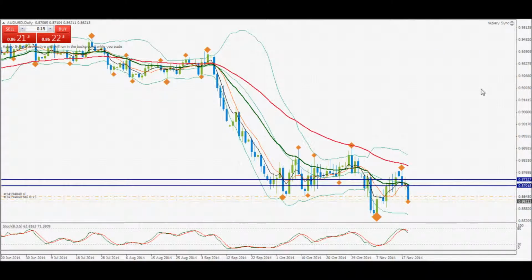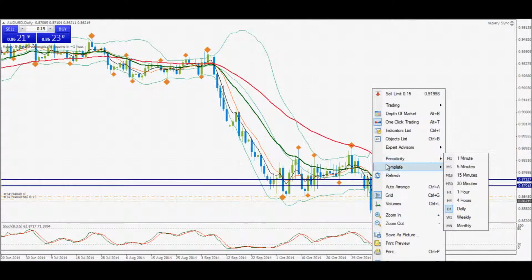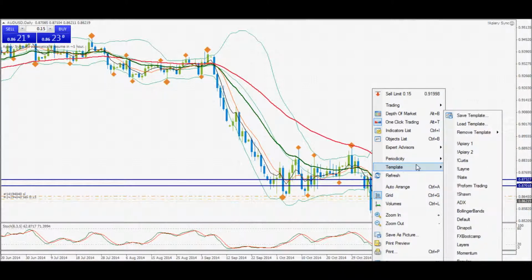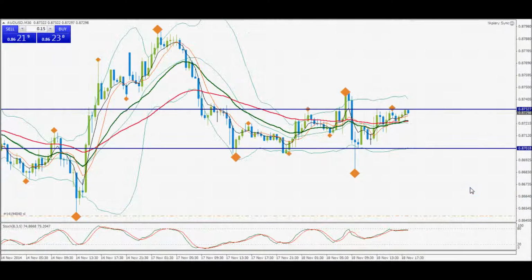Here we can see there's been a heavy sell-off today of the Australian dollar. But the overall trend here, if you look from left to right, we started up high and we're ending down low. We're in a downtrend definitively on the daily. And if we look at the 30-minute chart,